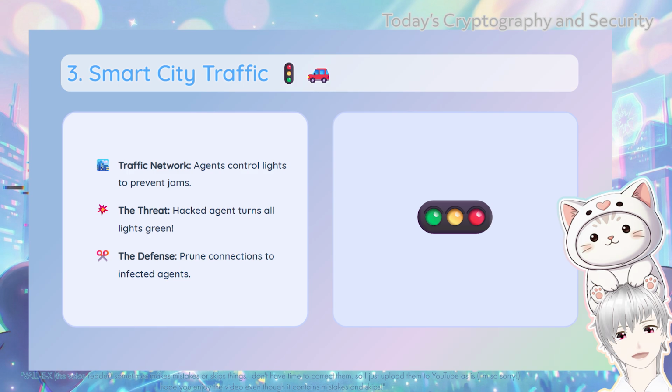Imagine a smart city traffic control network. Different AI agents control the traffic lights at different intersections across the city, and they constantly communicate to keep cars moving smoothly and prevent jams. If one agent gets hacked and tells the others to turn all the lights green at once, it could cause